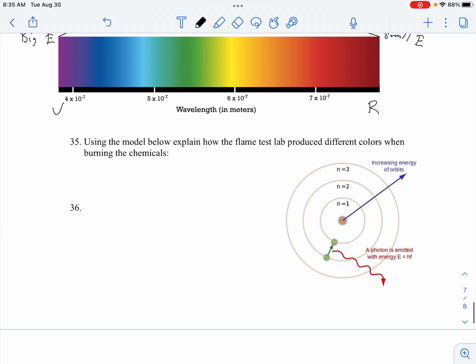Okay, flame test lab. So we had this example for the flame test lab. You need to be able to explain that when you energize an electron, and this is kind of a misleading picture, usually the electron is right here. Let's say you had an electron and you energized it. It's going to increase its energy. It's going to jump further out. It might even jump farther than that. But it's very unstable, doesn't like that, so eventually it's going to fall back down. It might fall to the second level or the third level, and when it does that,